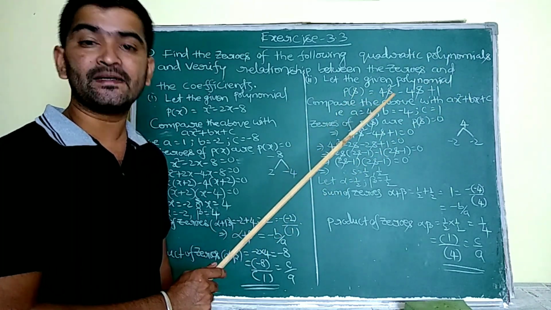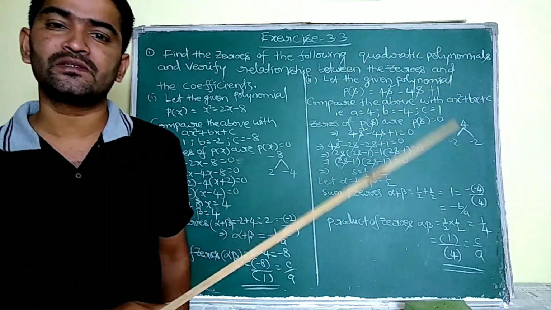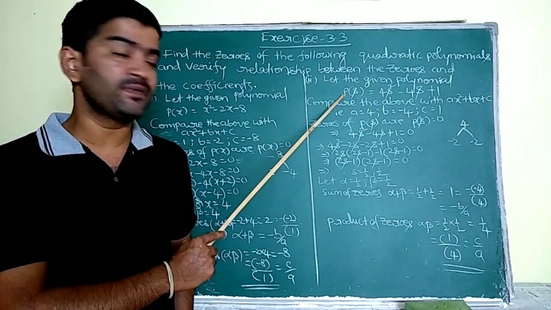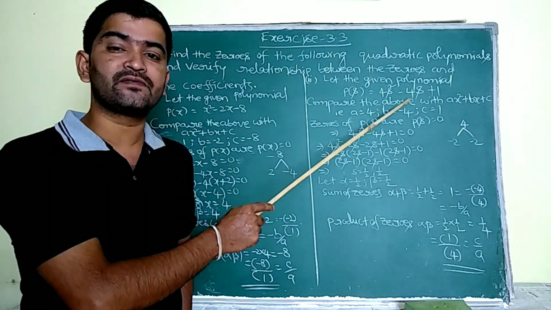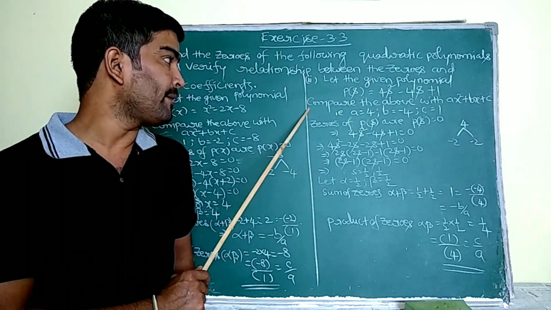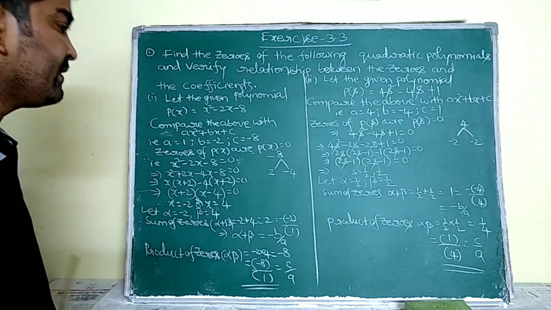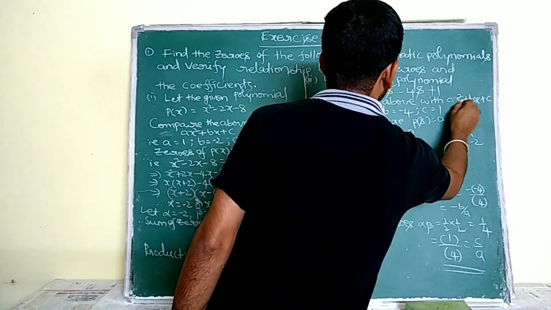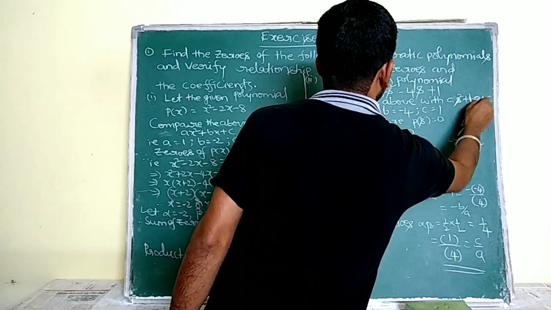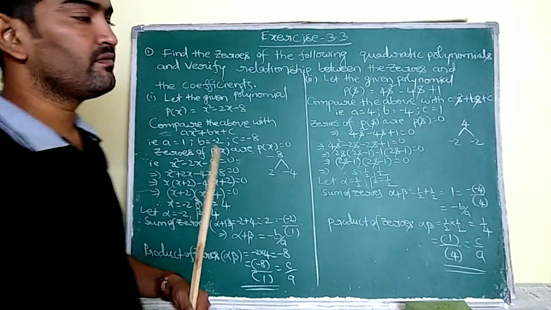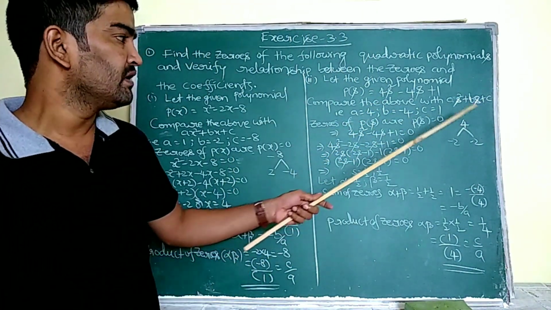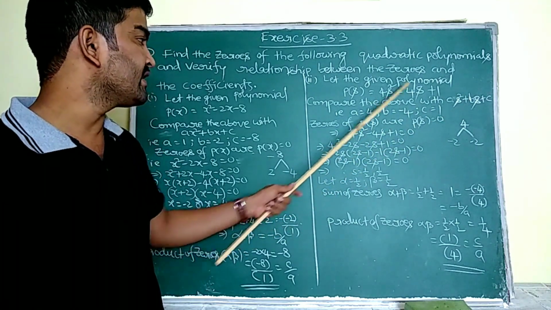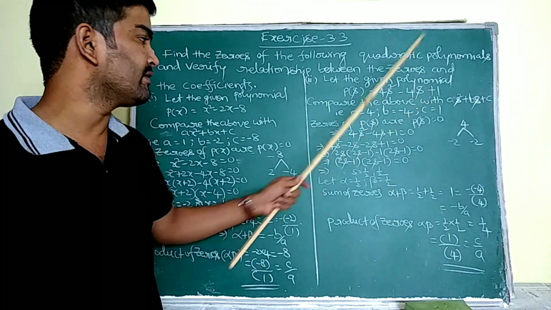This polynomial is in terms of s. So let us assume this polynomial as p of s. So the given polynomial, assumed as p of s, is equal to 4s square minus 4s plus 1. Now I have to compare this polynomial p of s with a s square plus b s plus c. Why? Because it is in terms of s, no? Write the standard form also in terms of s. So here a is equal to 4, b is equal to minus 4, c is equal to 1.